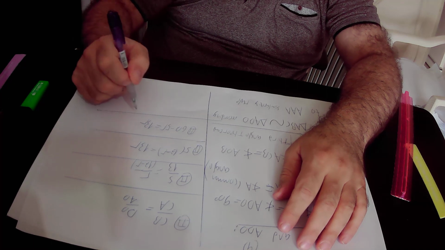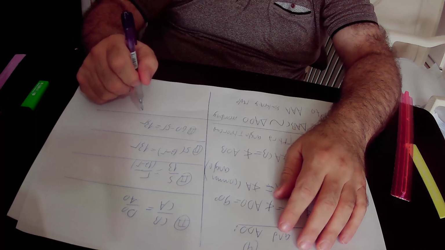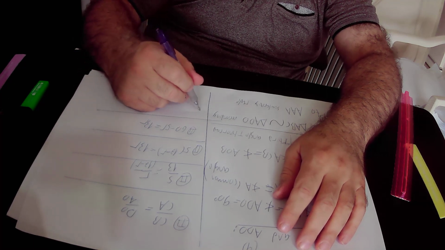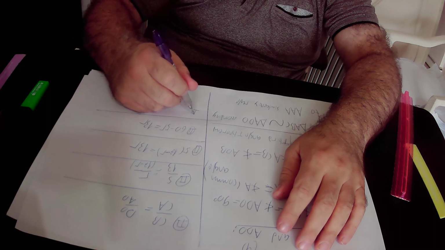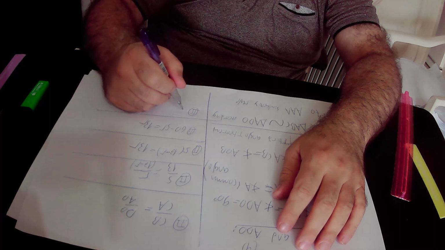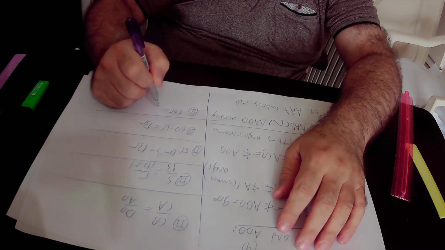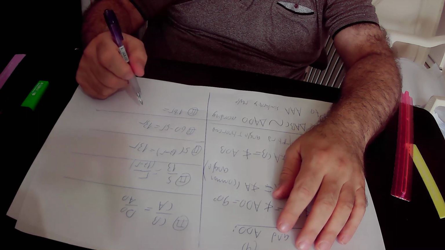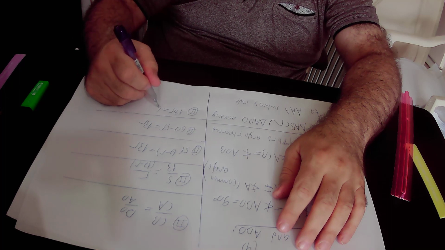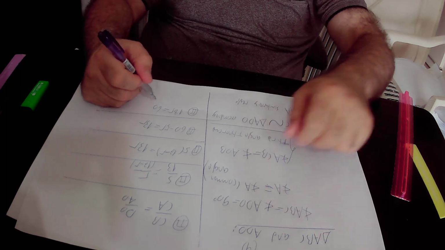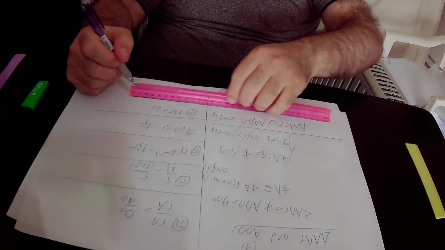Here we will add 5R, and we will get that 13R plus 5R is 18R, and 18R equals 60. So here we will divide by 18,